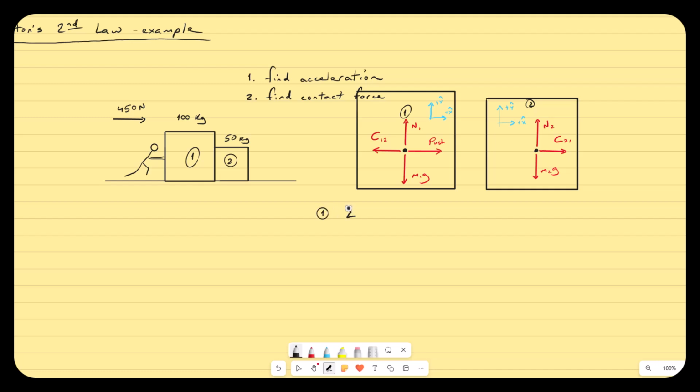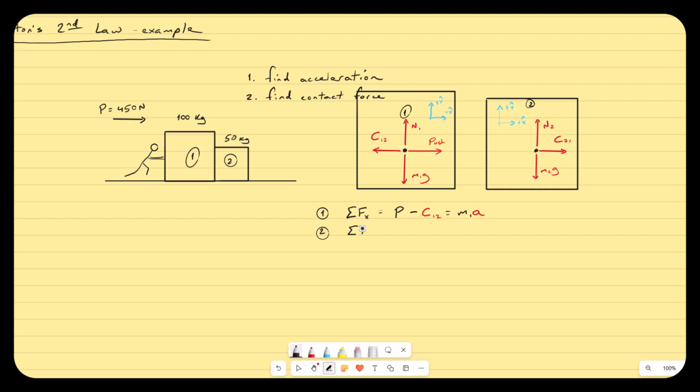So for block 1, my sum of forces in the x direction, I've got that push force to the right, and I know that's my 450 newtons, so I don't have to write that one in red. That's a known quantity. Minus the contact force is equal to mass 1 times acceleration. This is good, except there are two unknowns, C12 and M1A, or just A. I don't really have anything else I can do with this one, so I'm going to try looking at box